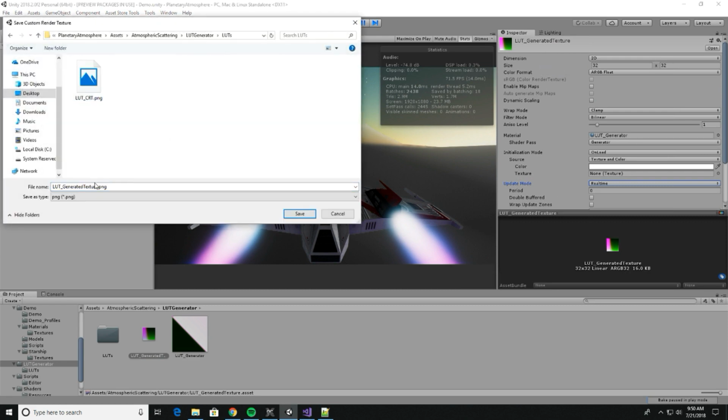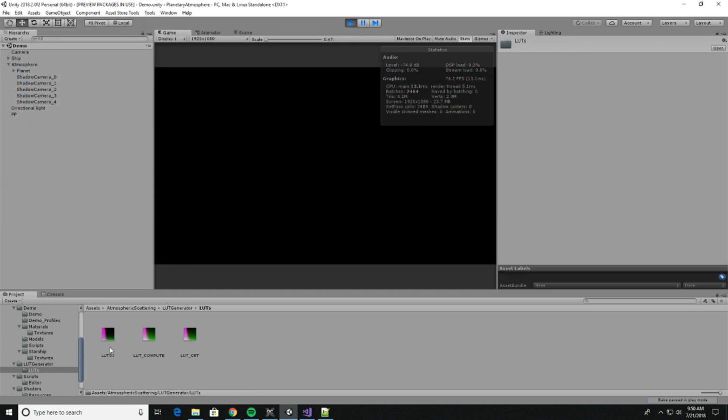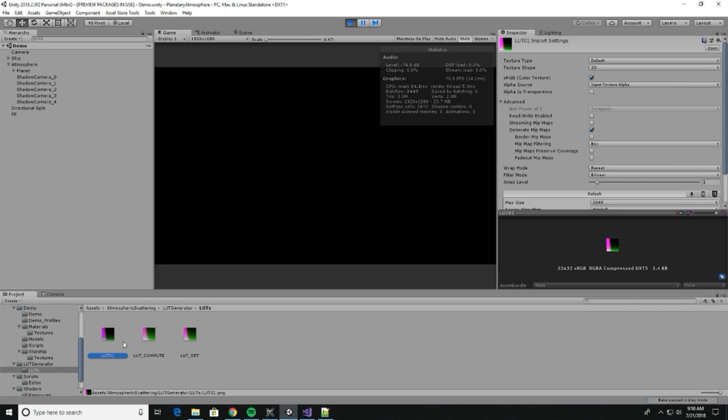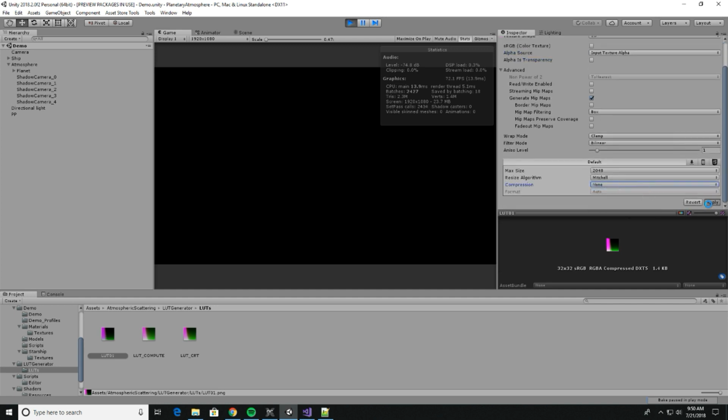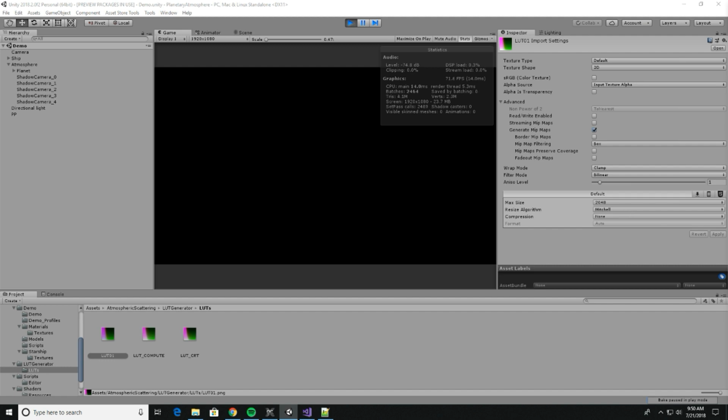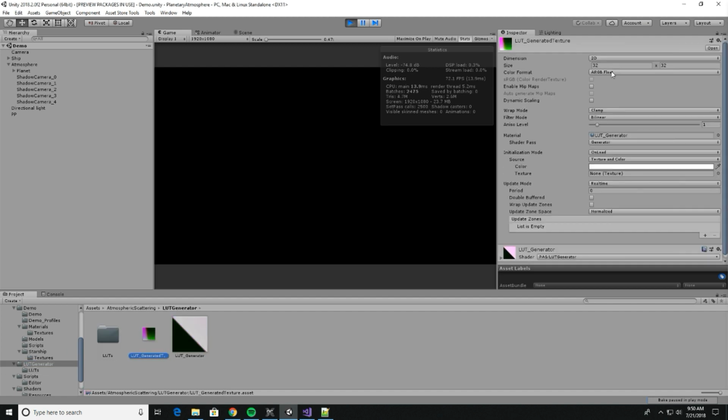Go to, and just save it over here. Then you're going to have to set up a few settings for this, so you'd have to go clamp. Bilinear will be good. Disable sRGB color space. Alpha is transparent. No, you don't want that. Then you also want to disable this to none. Apply this, and you'll get the right setting. But honestly, you should probably set this to